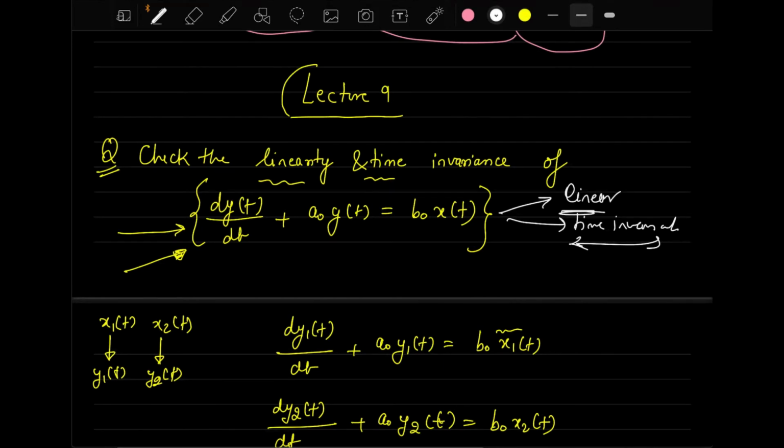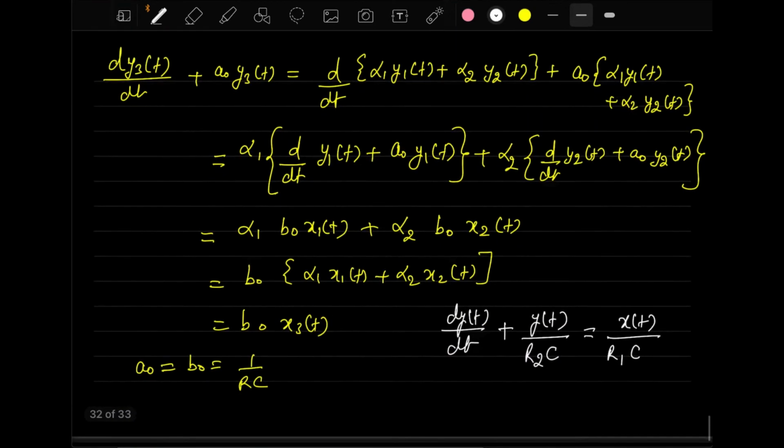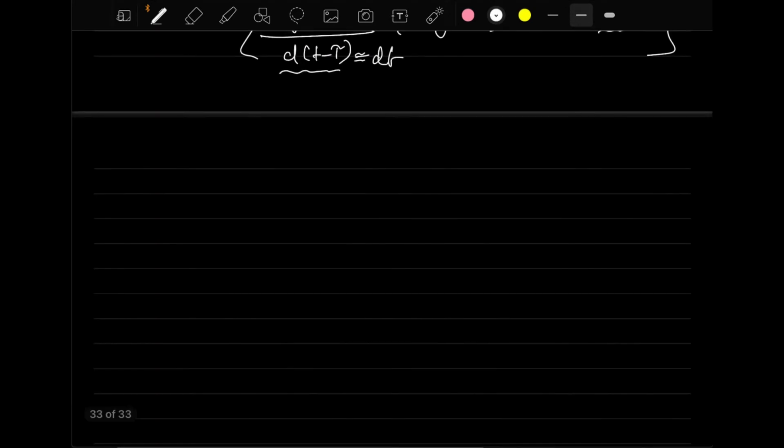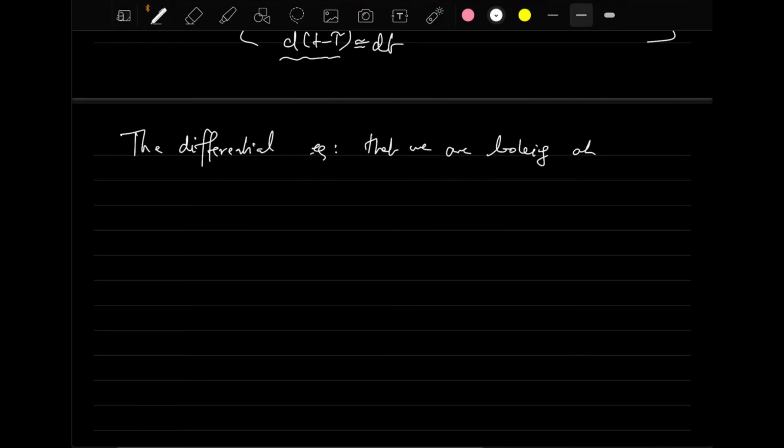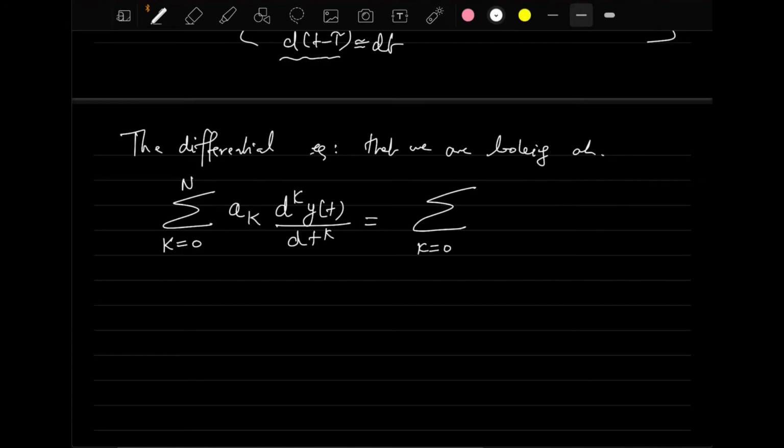So that is one of the important things that you have to keep in mind. So if I want to summarize all this discussion which we have written over here, the summary can be written in this way. That is, it can be shown. So the differential equation that we are actually targeting, the differential equation that we are looking at, is basically this one, which is the generalized differential equation. So this is basically a generalized one.